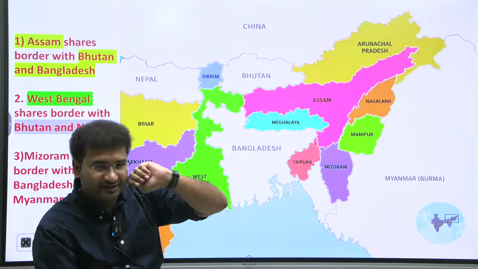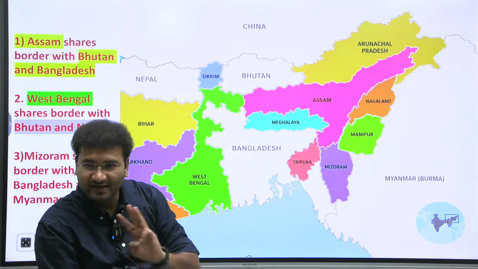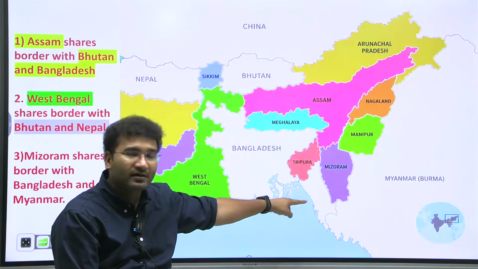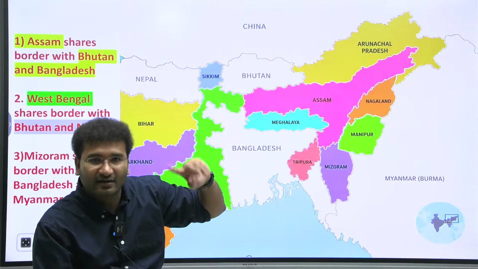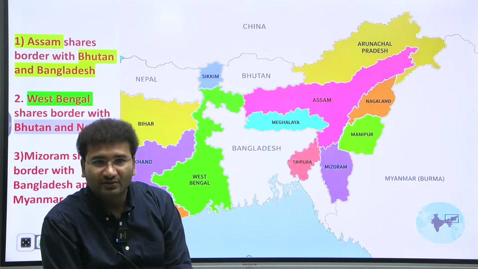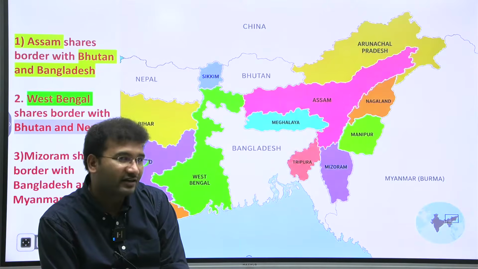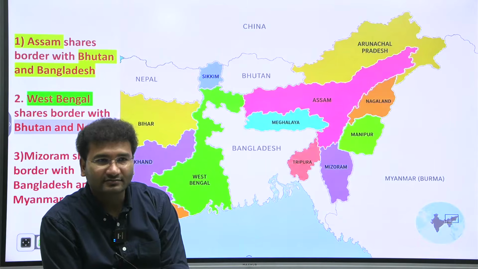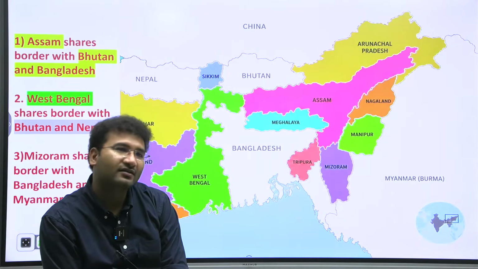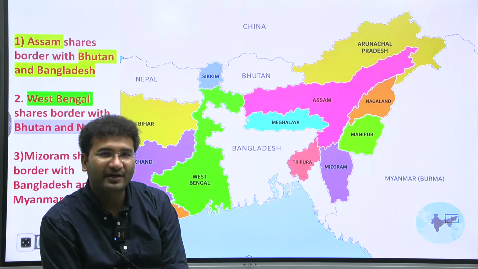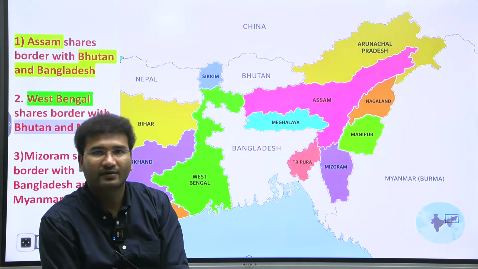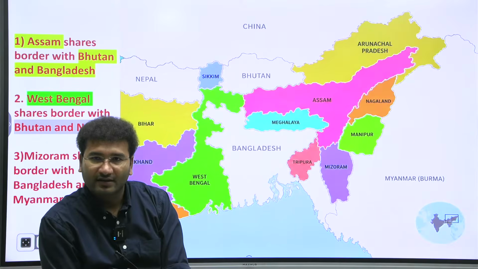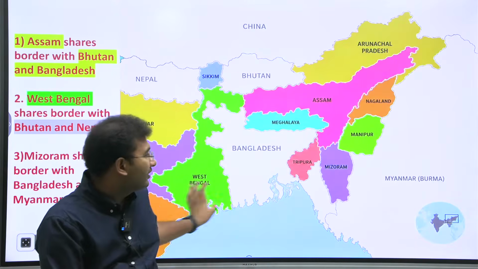When it comes to at least 2 countries, these 3 states are anyways going to be there. You add Mizoram and you add Uttarakhand, right? Uttarakhand has borders with Nepal. Yes. So this is how you're supposed to look. Next, union territory when they ask. Ladakh. Does it have borders with Afghanistan? Though it is occupied territory by Pakistan, but still it is our territory, right? So it has borders with Afghanistan also, right? And Pakistan too. Clear? So make sure you observe the map clearly.